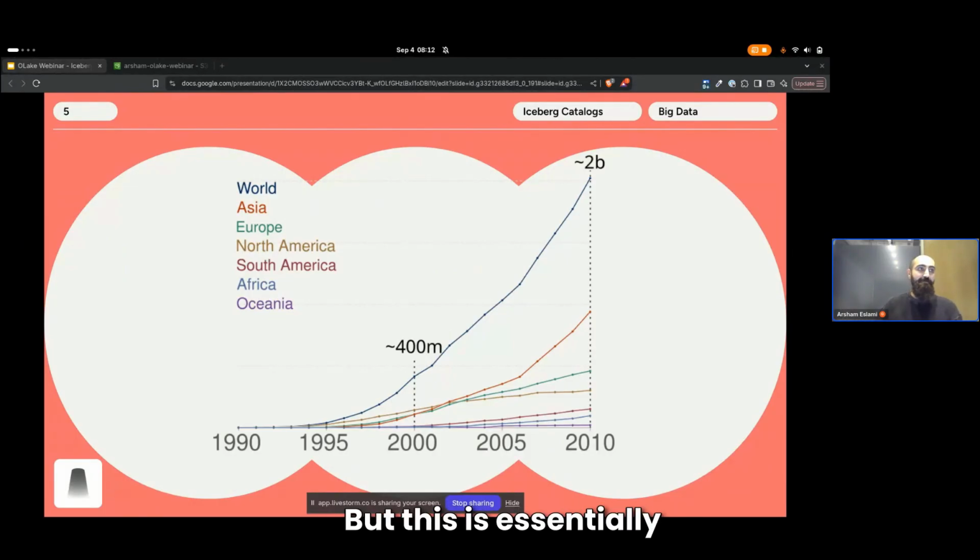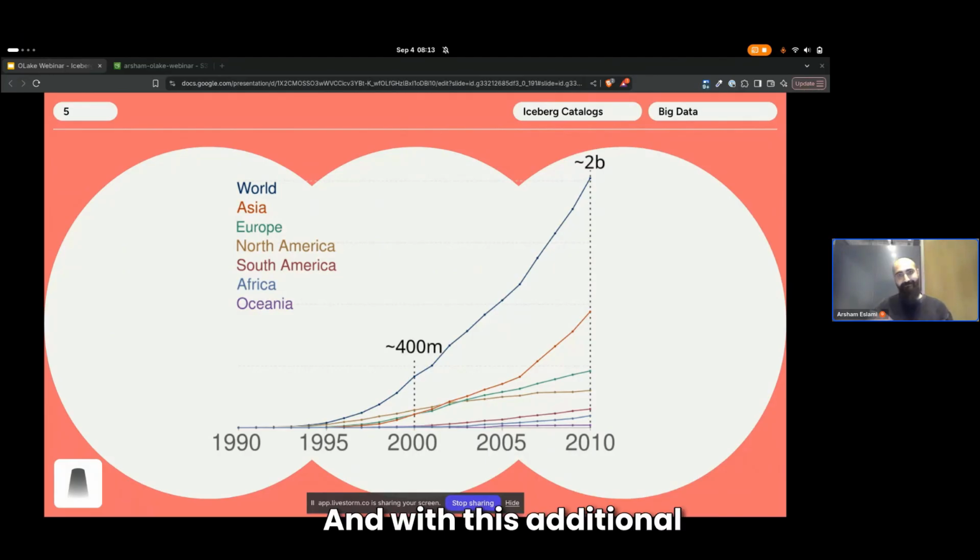But this is essentially the amount of data being collected on the web. You can see that there were some massive spikes. We got the internet boom from the 1990s to the 2000s. We got a decent amount, and there was this massive spike again in around 2008. That was when we essentially got mobile devices. As soon as people got mobile devices, they were uploading things on social media. There's a bunch of user-generated content, which kind of 4x the growth in that decade.